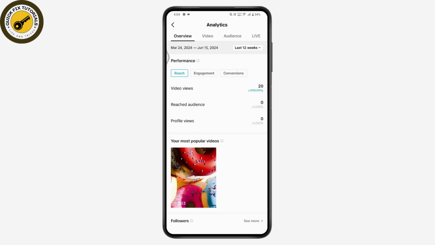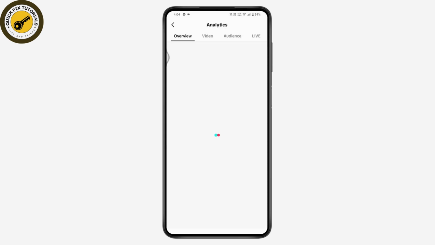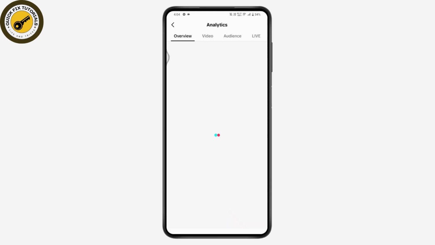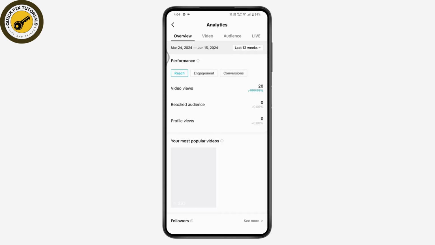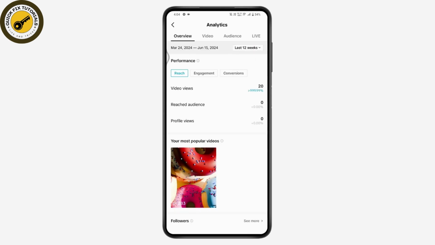And here you can go for the upper right side, and then you can filter by date. You can choose 8 weeks or last 12 weeks. Once you choose, you will have this overview of your TikTok total views. So here I have the video views by 20, and you can also see the most popular video of yours. You will have all of the related analytics of your total views